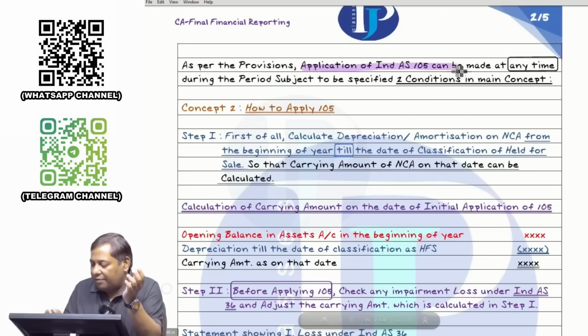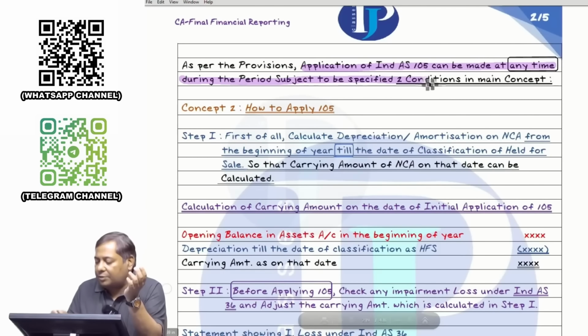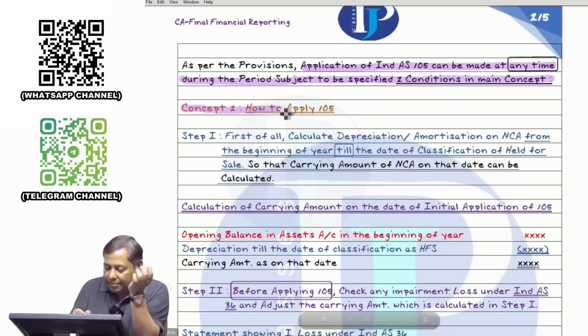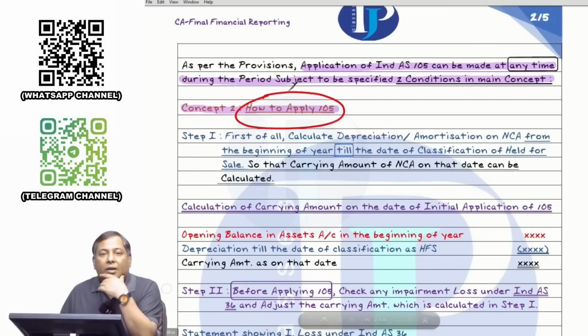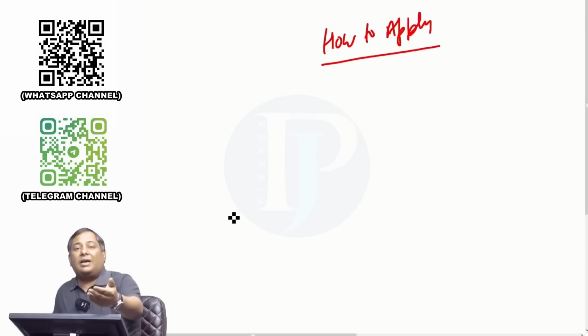The application of 105 can be made at any time during the period, subject to the two specified conditions in the main concept. Apply it at any time. Then we came to the second concept: how to apply. When we came to how to apply 105,